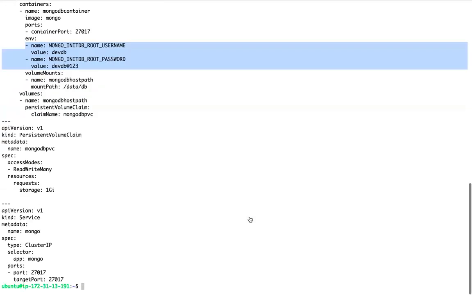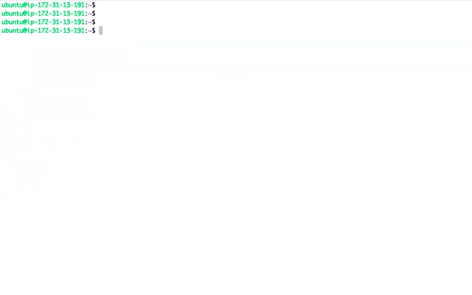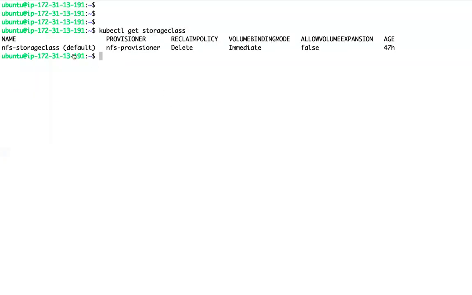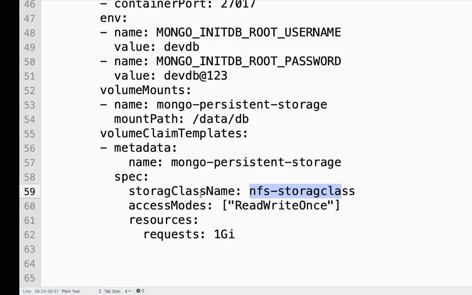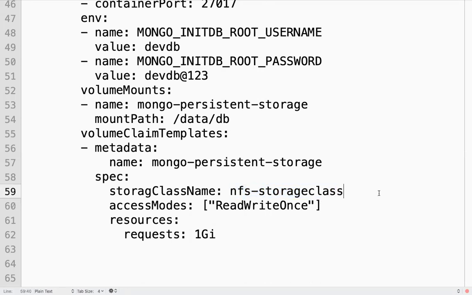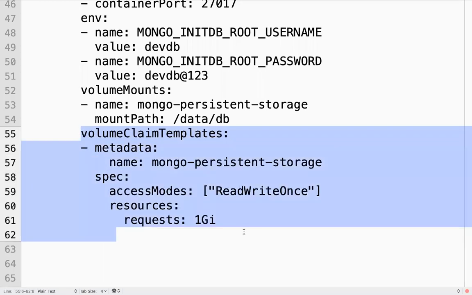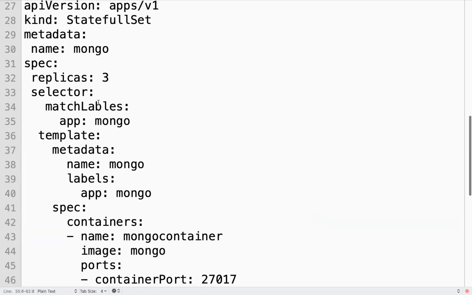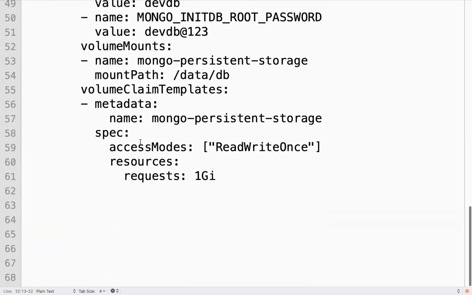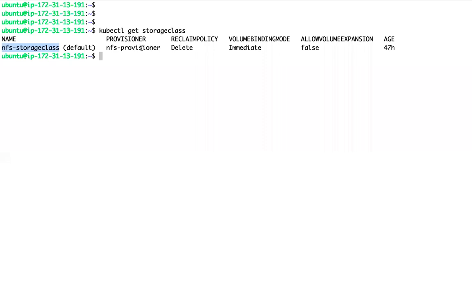If you see, I have a storage class configured in my cluster. This is my storage class name, which is default, right? So if I mention something like this also, or if I don't mention it, if there is no volume, it is going to create persistent volume claims based on your number of replicas. Those many PVCs will be created. If there is no PV and there is a storage class, this will create a persistent volume also.